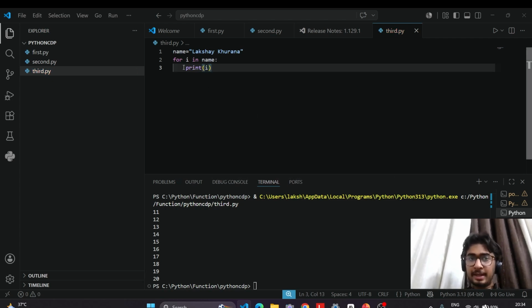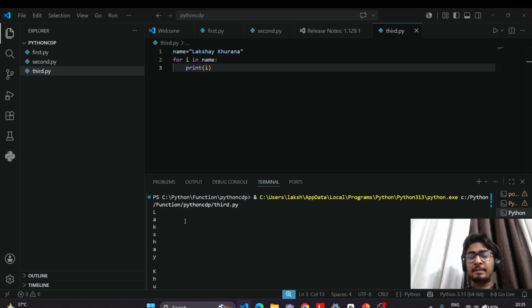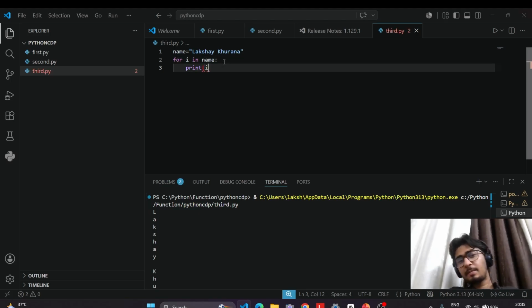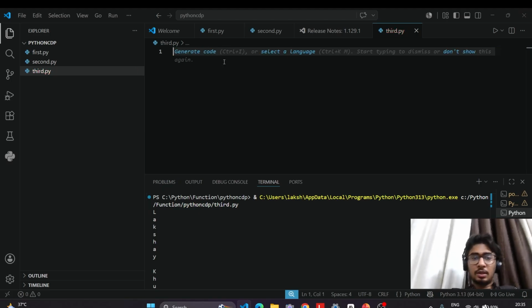तो क्या होगा, एक एक करके i के अंदर, for i in name मीन्स i के अंदर name के अंदर जो भी वैल्यू स्टोर है वो एक एक करके आएगी। पहले i के अंदर L आएगा, फिर A आएगा, फिर K आएगा, और ऐसे ऐसे करके i प्रिंट होता जाएगा। Here we can see L A K S H A Y खुराना। Okay, one more example we can take, name. Suppose we want to give one condition, if A is